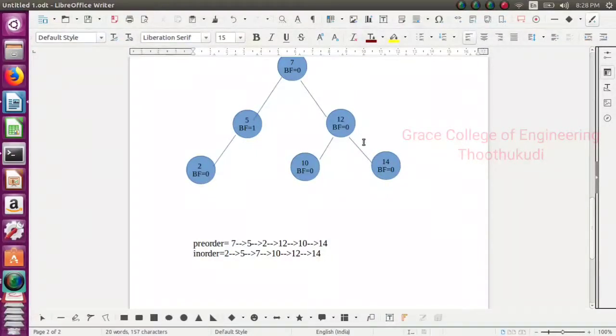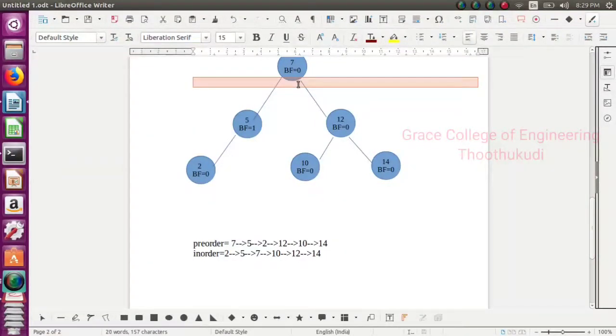After that you have to check whether the tree is an AVL tree or not. First you check, is this a binary search tree? This tree is a binary search tree because the root is 7, the left side of 7 has smaller elements, and the right subtree of 7 has the greater elements.